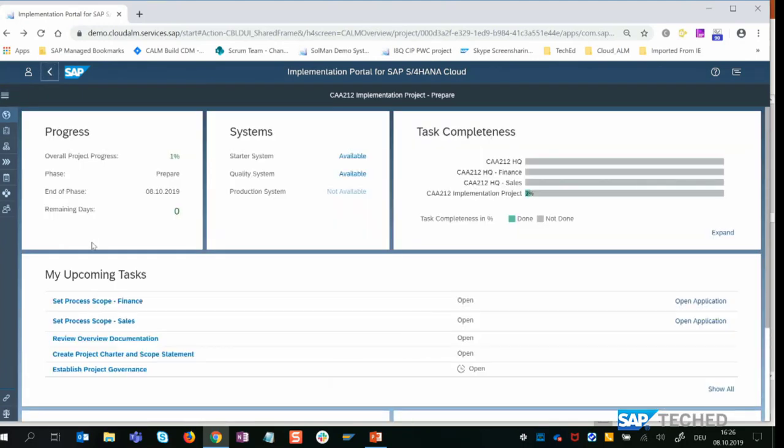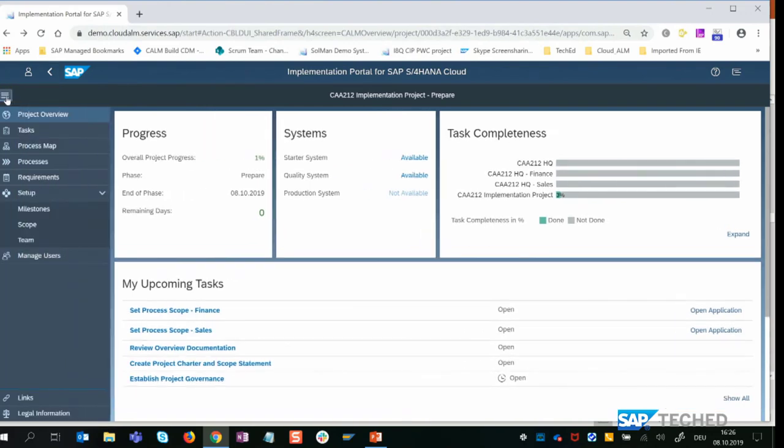And you can not only access these setup activities from the overview page. We also have a left-hand navigation where you can always access here in the setup area the milestones, the scoping, or the team setup if you want to. So as I said, the first high-level scoping has to be done.